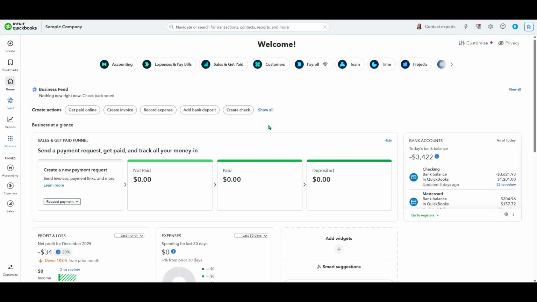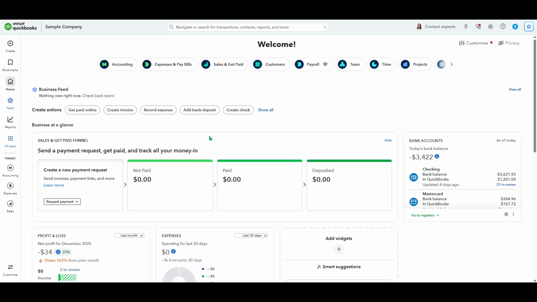In today's video, I'm going to teach you how to delete duplicate transactions fast. QuickBooks Online tutorial. If you've ever noticed the same expense or deposit showing up twice, it can cause your balances and reports to be off. The fix is quick, and I'll guide you through it clearly so you can delete the duplicate without touching the